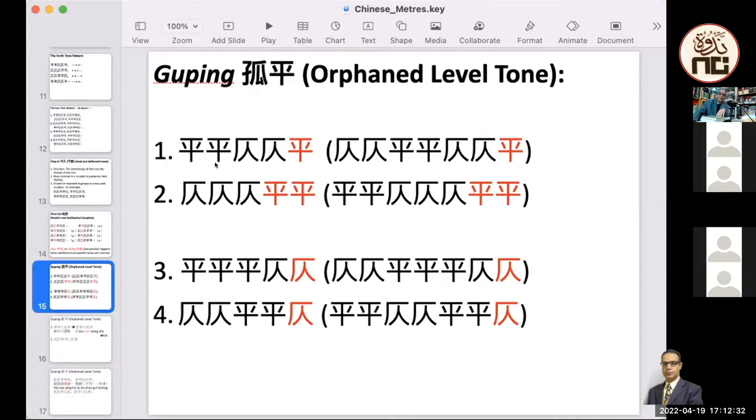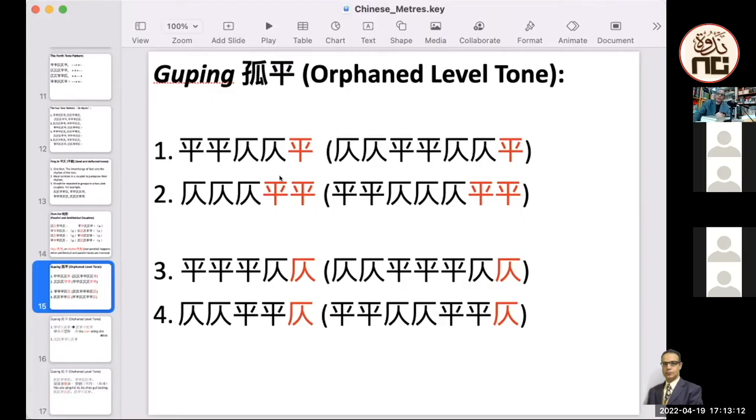So when it happens, this is called the inversion. When they change this ping, it's called inversion. When this happens, they have to do in the second line something called counter inversion. Counter inversion meaning they come to a tsu in the second line and they change it into ping to strike a balance in the rhythm. And this is the same whether it's 5 characters per line or 7 characters per line. It's the same. And here also, this is another form, another pattern. It's the same idea.